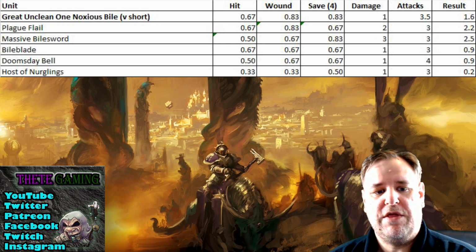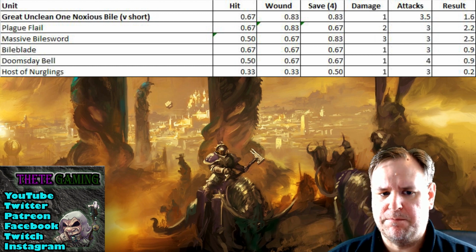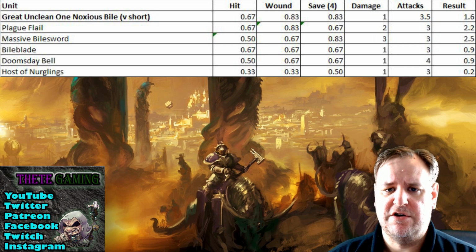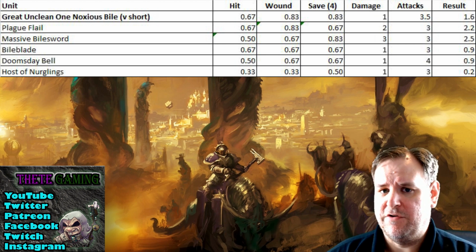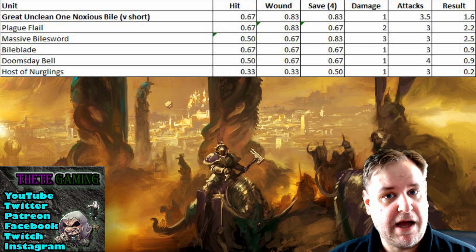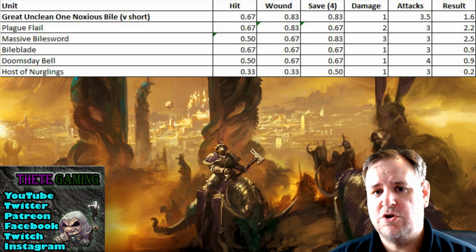So with the Great Unclean One, for example, I get a choice of Plague Flail or Doomsday Bell. Well, Plague Flail on average is going to do 2.2 wounds a turn. Doomsday Bell is only going to do 0.9. Bit of a no-brainer. But the Doomsday Bell allows you and any Nurgle units very close by to increase their